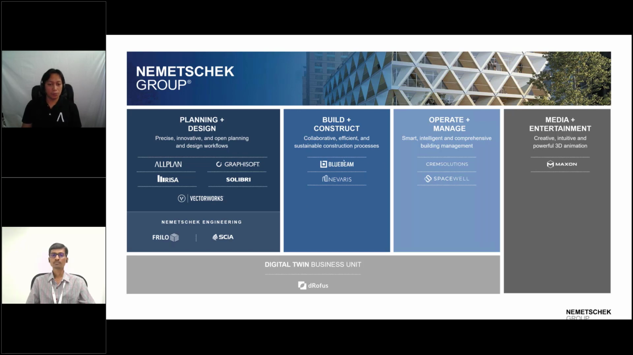So especially for Bluebeam. And then of course, the next one is the operate plus manage, which is composed of the Crem Solutions and Spacewell. And of course, on the media and entertainment, we have Maxon and Digital Twin, which is the Rufus. So